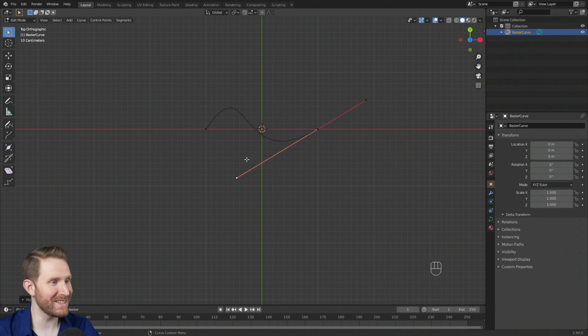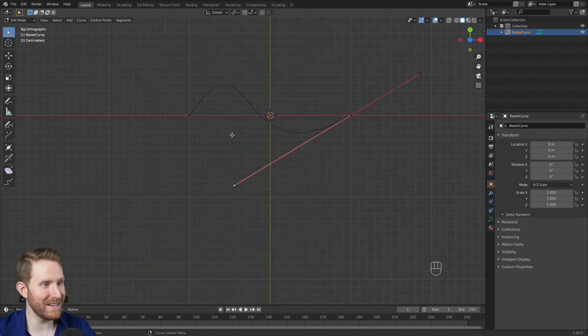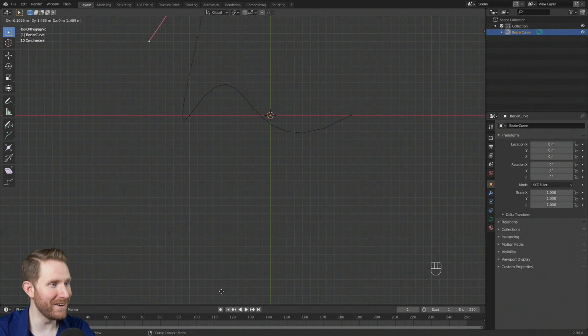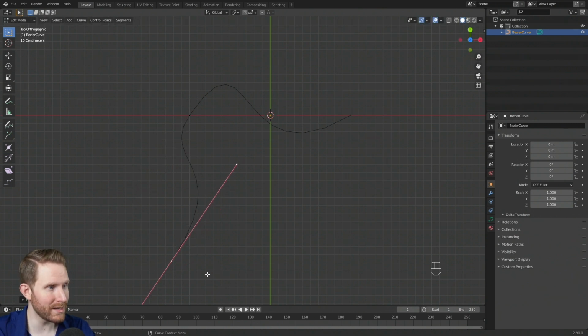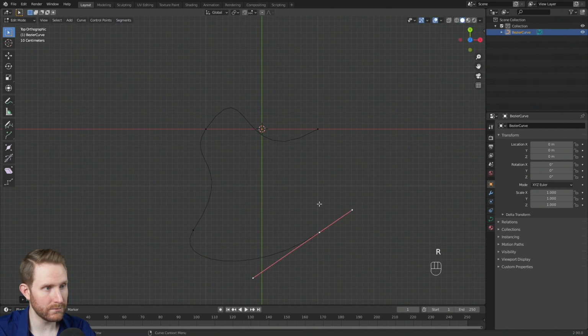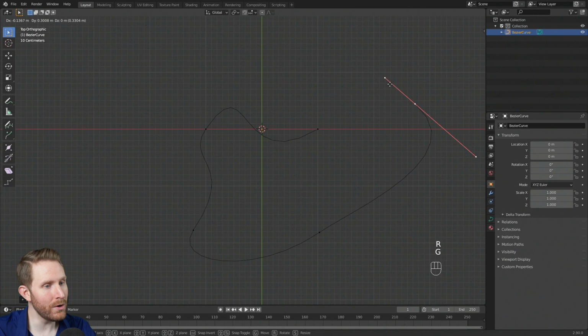Now, if we want to make this shape even more interesting, we probably need more than 2 points. And extruding these points works exactly the same as extruding a normal point in Blender in geometry. So I select this point, hit E on my keyboard to extrude. I now have another point that's actually a duplicate of that point, but it's connected. So I can hit E to extrude that, maybe move it over here. I can hit R to rotate it, hit E to extrude that, rotate that, and you'll notice that as I move this around,